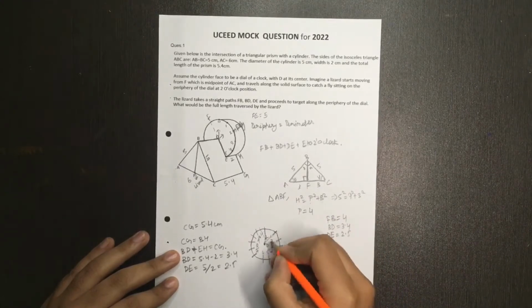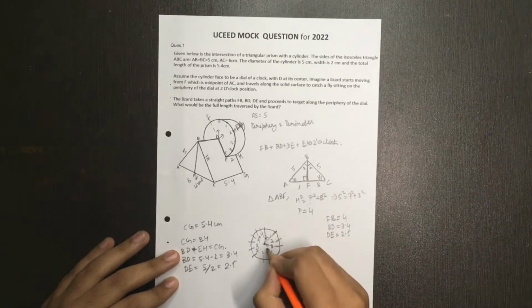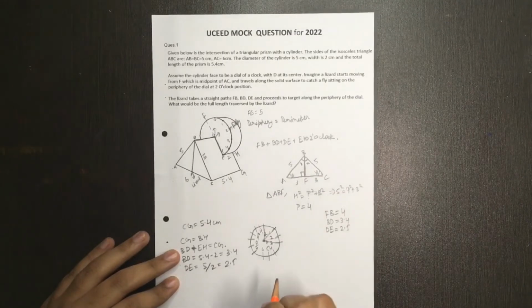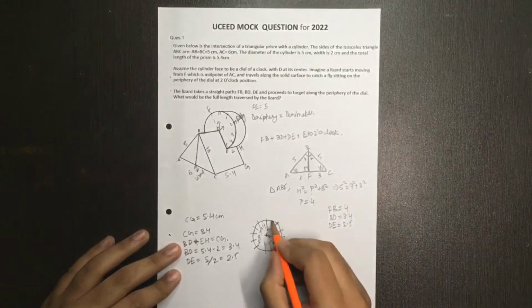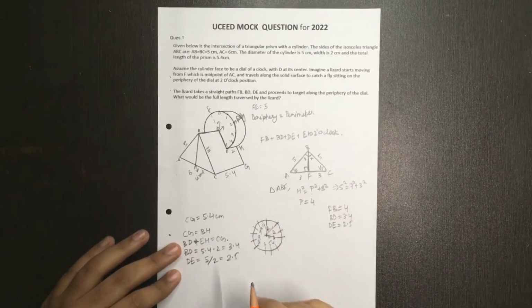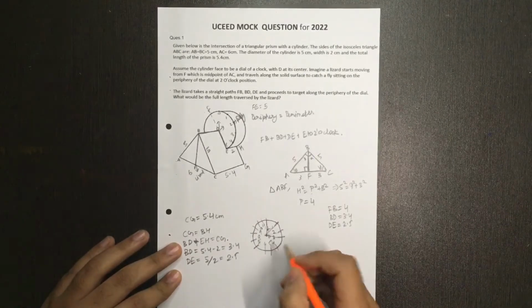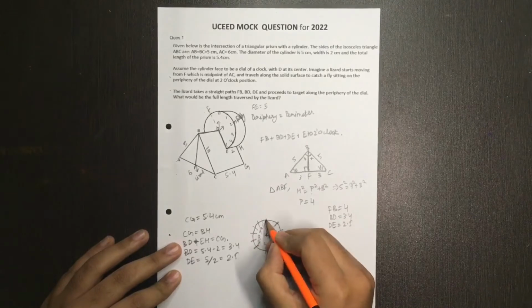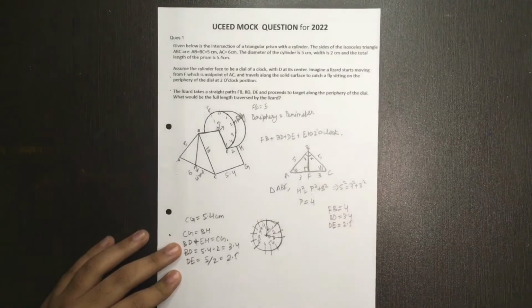So 12 to 1, and then 1 to 2 will be another angle, then 2 to 3 will form another angle, then 3 to 4 will form another angle. And over here one thing to be noted is all the angles will be equal, since the spacing on any dial in any clock in the world will always be equal, right? So over here this length will be equal to this length will be equal to this length, and so on it will go.